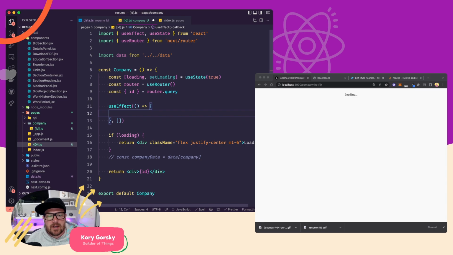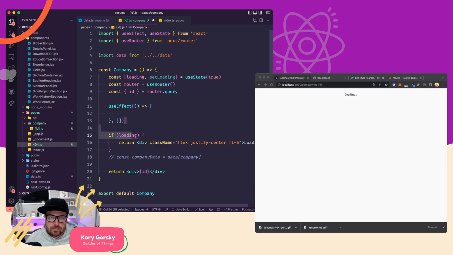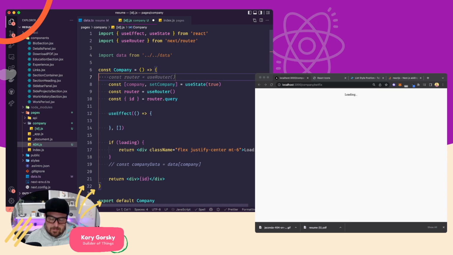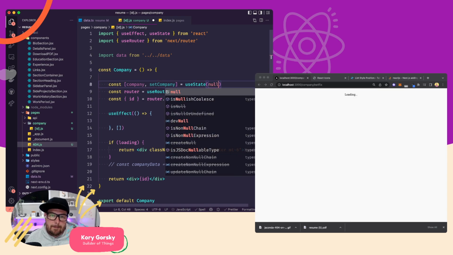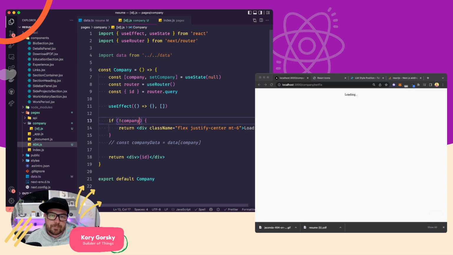Okay, so what we're gonna do here is, I guess we're gonna use some state here for company, setCompany, and we may actually not even need a loading state then. If this is null, then we can say, hey, if there's no company, then return loading. And then we'll use this effect to say,